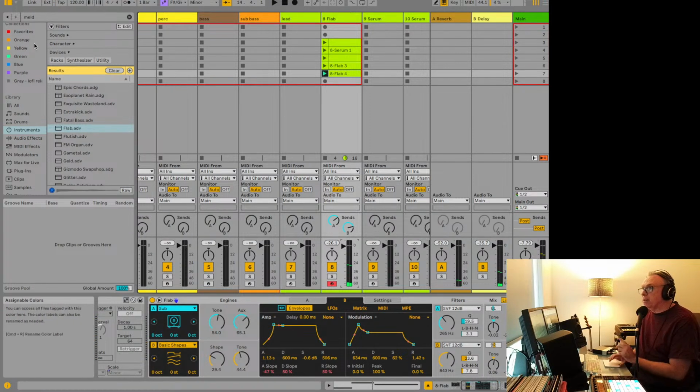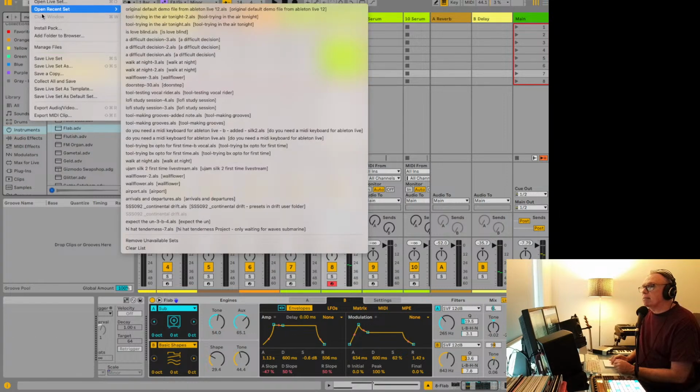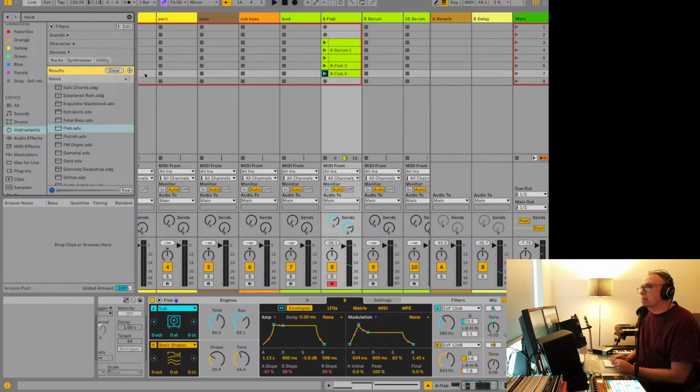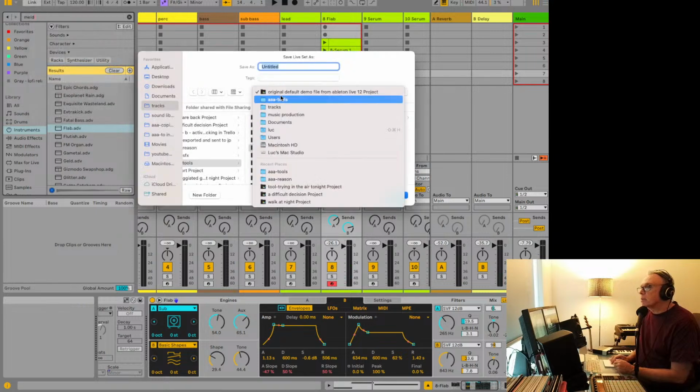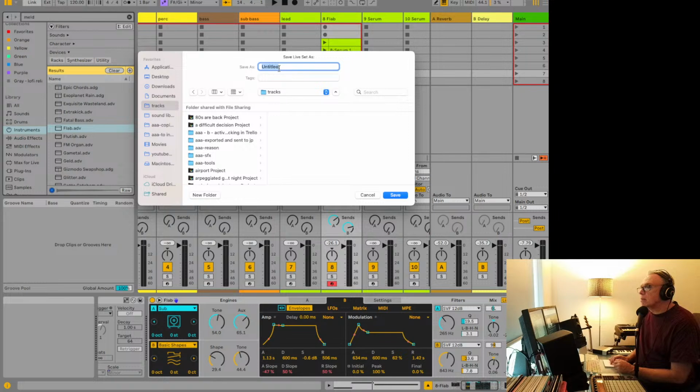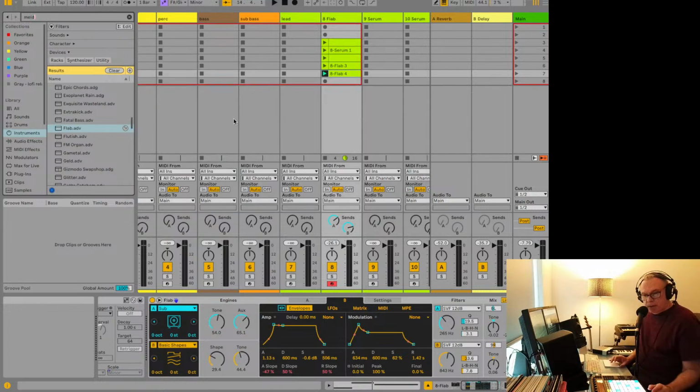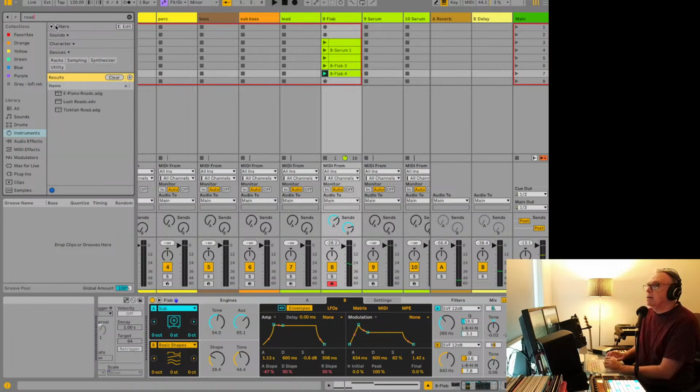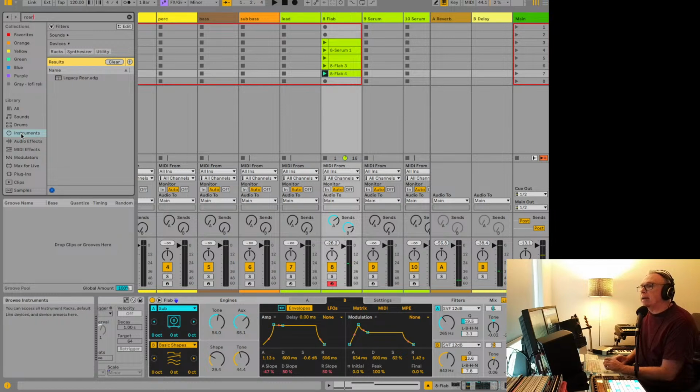Okay, the reason I wanted to do this is I wanted to, you know what, I'm gonna save this now because Ableton Live 12 live stream. I might end up using part of this in a track. Okay, anyways, the reason I wanted to do this is because there is something called Roar that is new, and